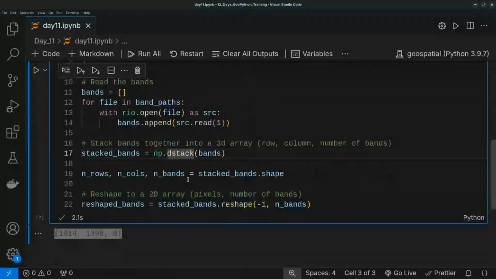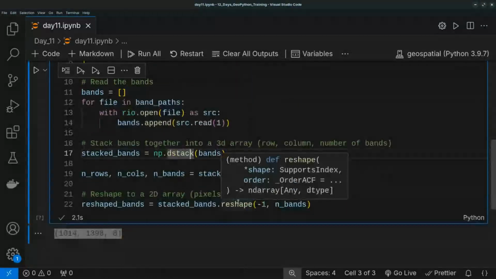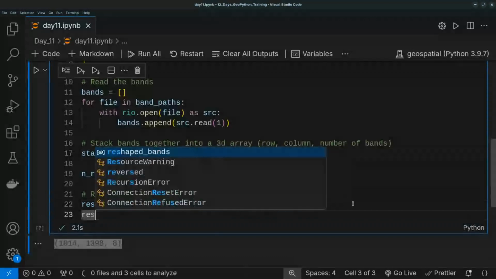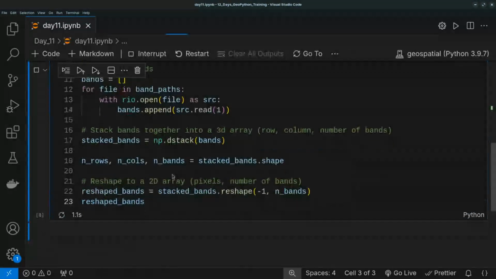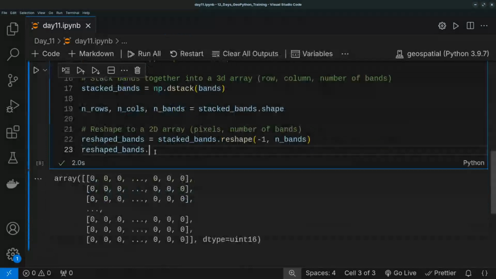So if we try our reshaped bands dot shape,